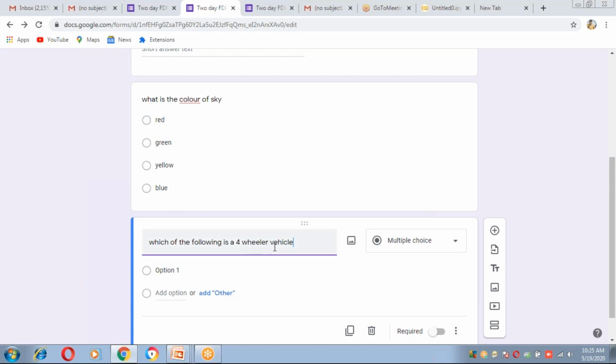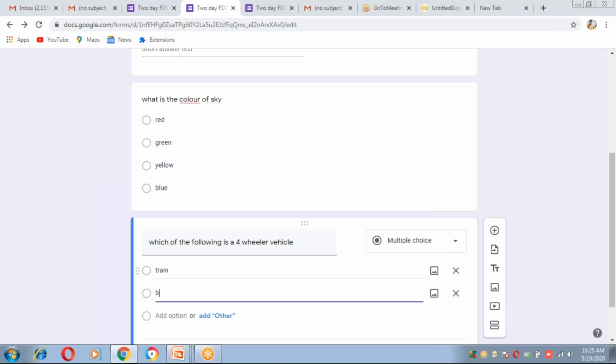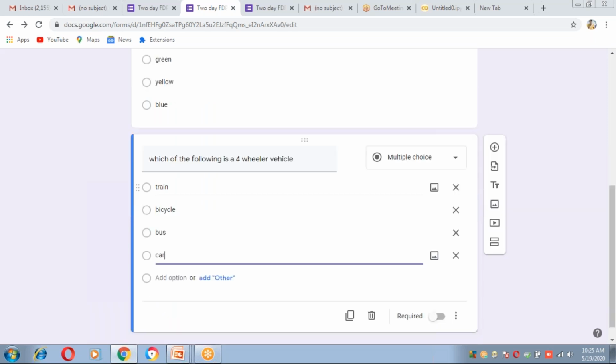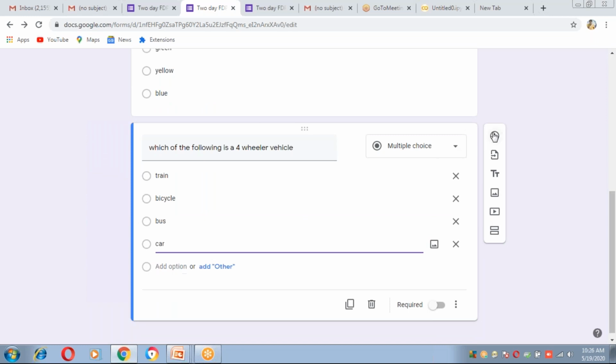Which of the following is a four-wheeler vehicle? Again this is multiple choice. For example, train, bicycle, bus, car. So this is the multiple choice.